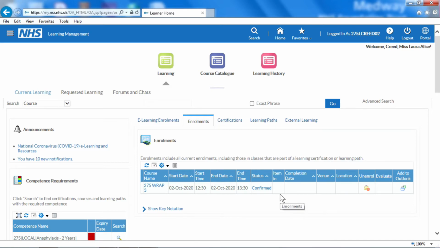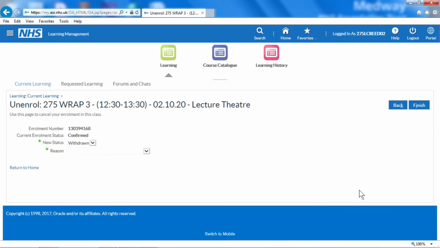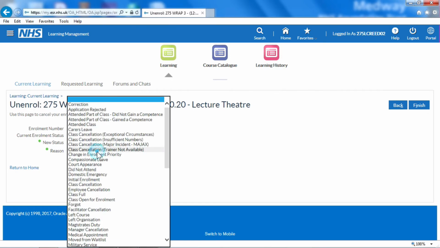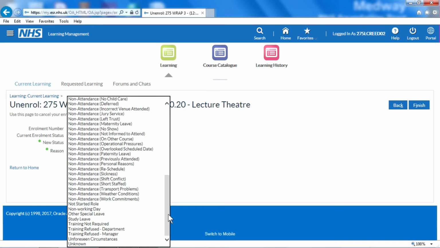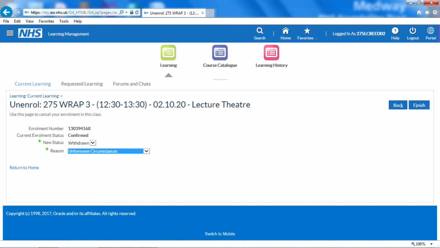If for any reason you needed to cancel your booking, you can do so here. Over towards the right, you will see an unenroll icon. If you click this, you will then be asked to provide a reason as to why you cannot attend. There are numerous reasons on this list. If you select the most appropriate and then click Finish over on the right hand side,